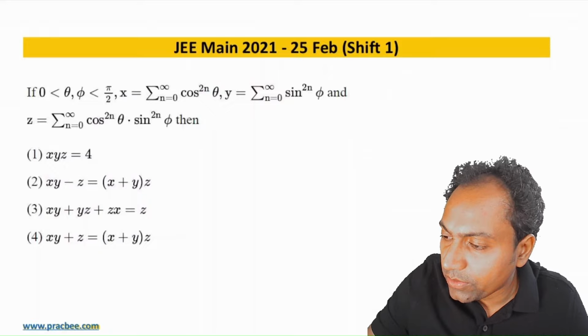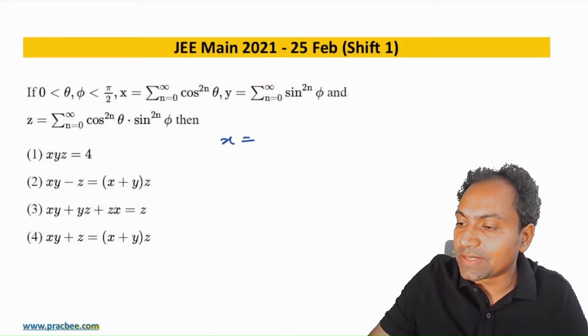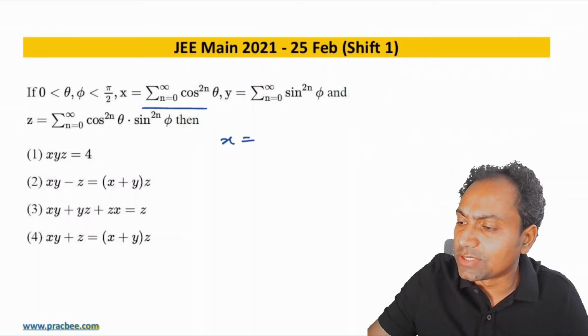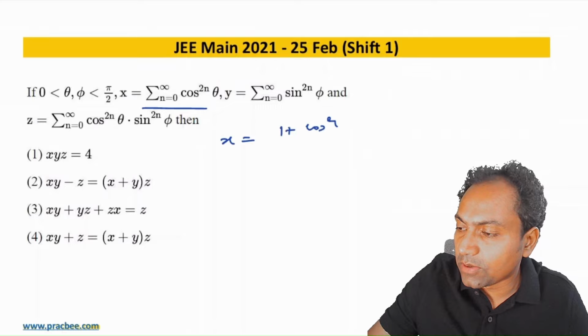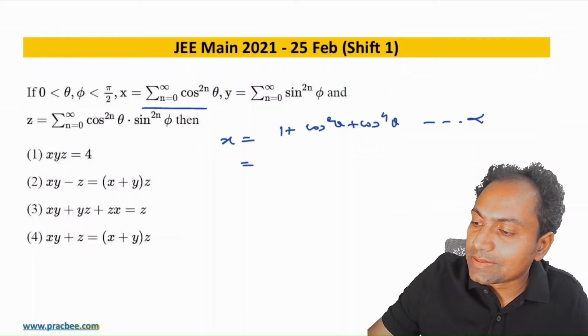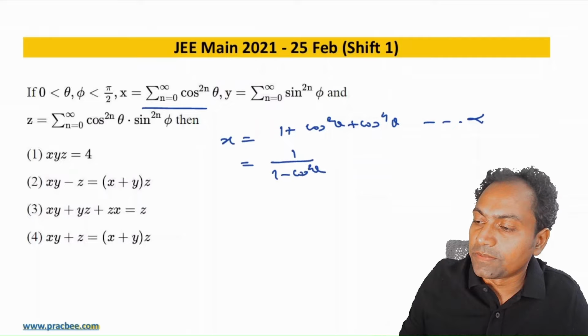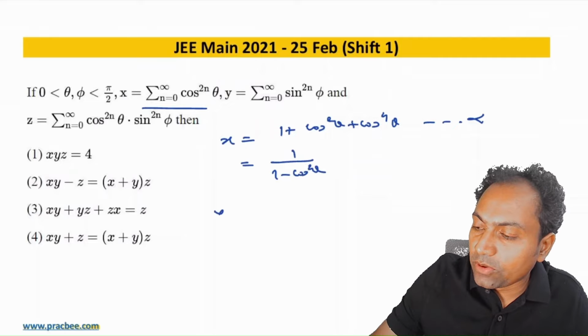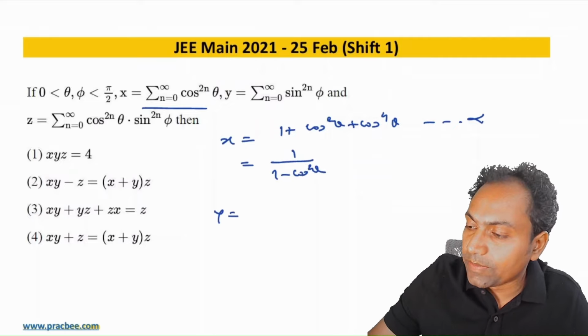So if I want to find the value of x, summation notation is used. What does this mean is, this is a series that starts from 1. The second term is nothing but cos square theta. Next term is nothing but cos raised to the power 4 theta till infinity. So if I want to find the answer, it will become a upon 1 minus r, that is nothing but 1 upon 1 minus cos square theta. Similarly, if I want to find the value of y, it will become 1 upon 1